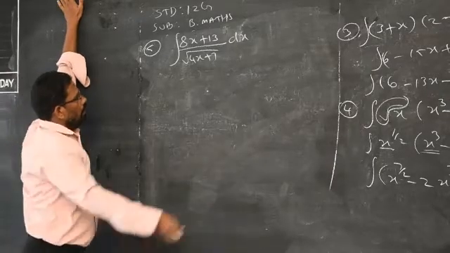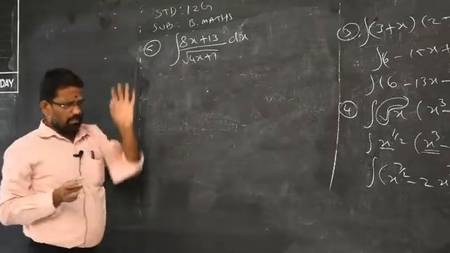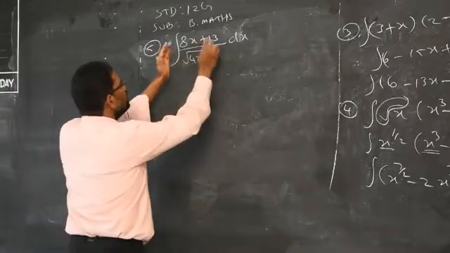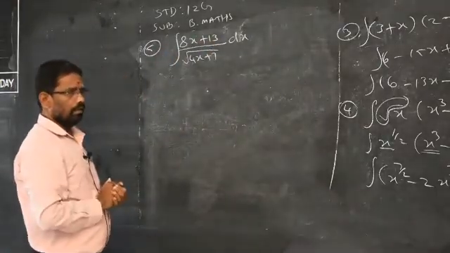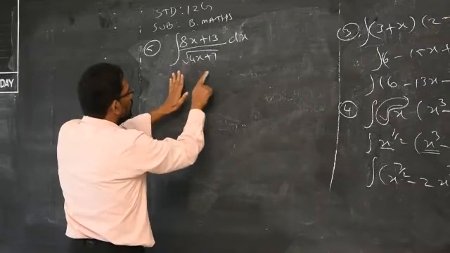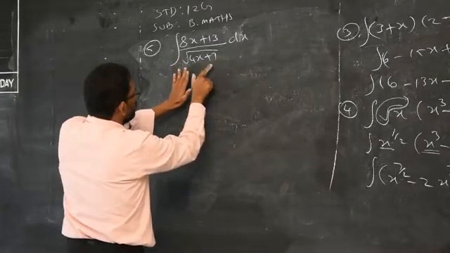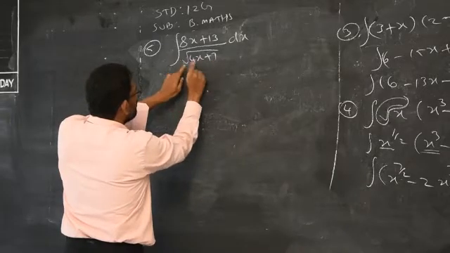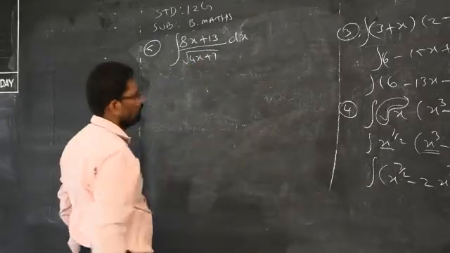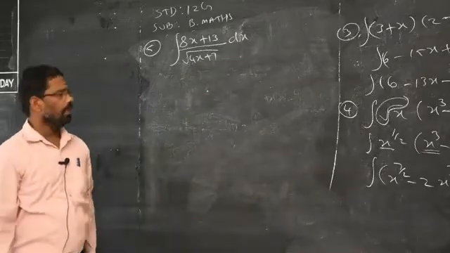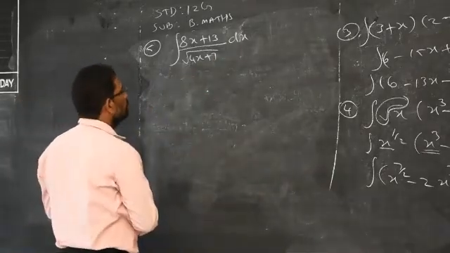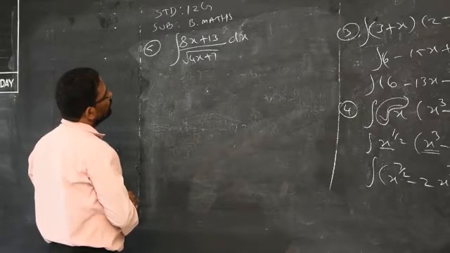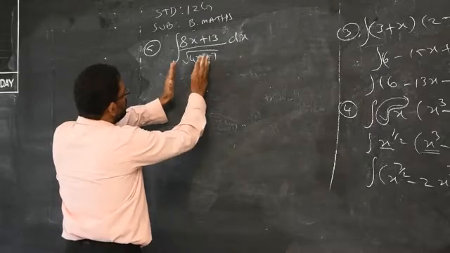Clear? So there will be some adjustment. You rewrite the numerator in terms of the denominator. What is the denominator? 4x plus 7, which is inside the square root. If there is no square root, then you can proceed, but it is inside the square root. So how do you integrate these types of models? You have to again use decomposition, that is, you can separate the terms.